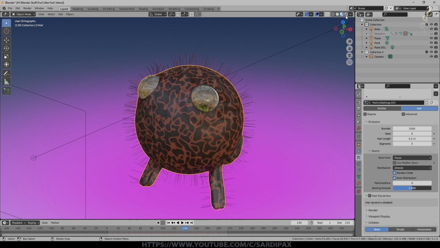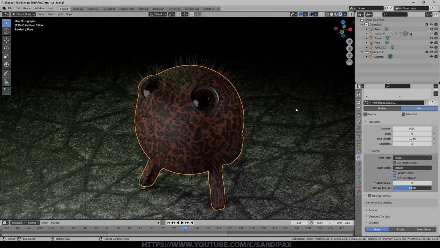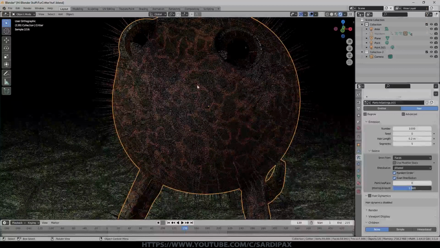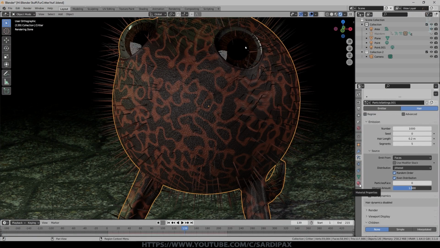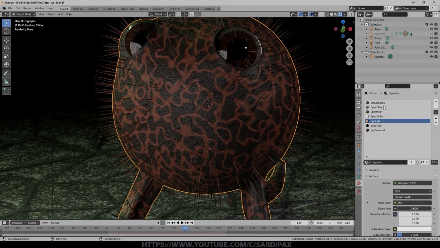But let's look at what that's currently looking like in the rendered view. So not much different to how it was in the preview. And you can see the hair is basically the color of the skin in this case. So if I go to my character, you can see I've got a number of different materials here, and I've got a fur-based material.